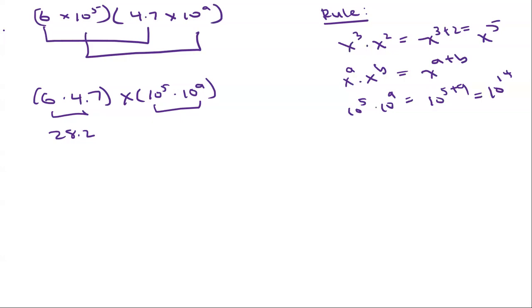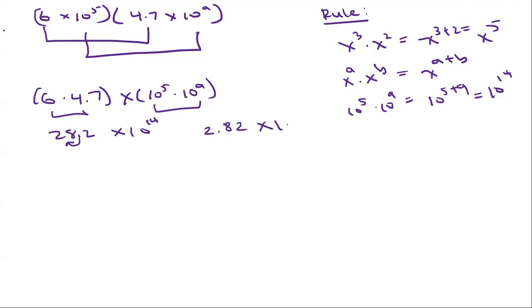All right, so here we have 28.2 times 10 to the 14th power. Okay? So I'm going to move, again, is this in scientific notation? The answer is no, because there's two numbers in front of that decimal. So in order to make it scientific, I have to move the decimal one more place to the left. Okay? So this gives me 2.82